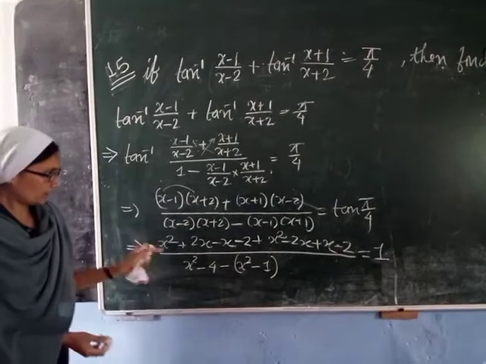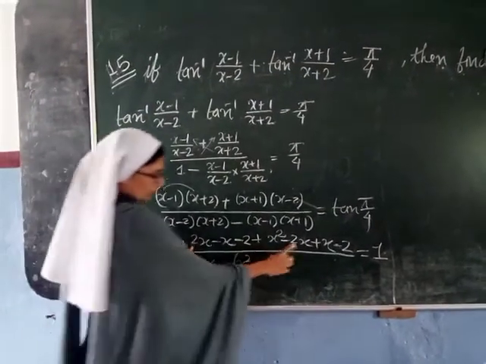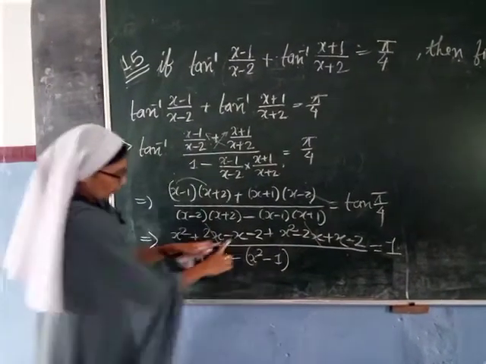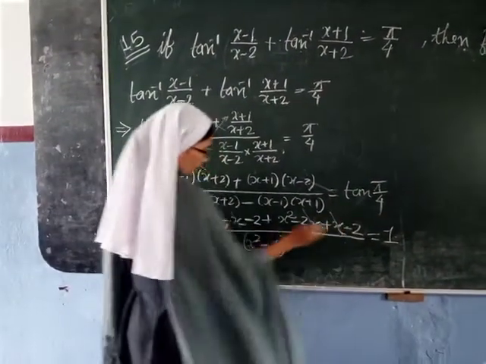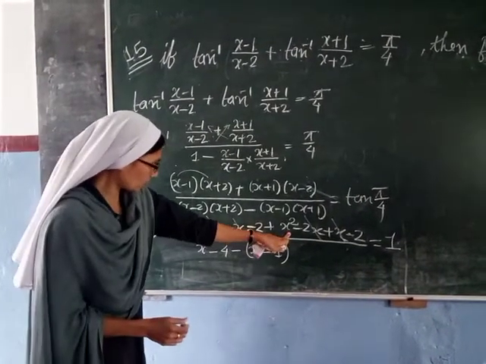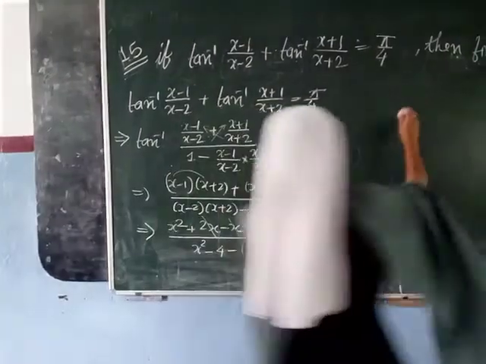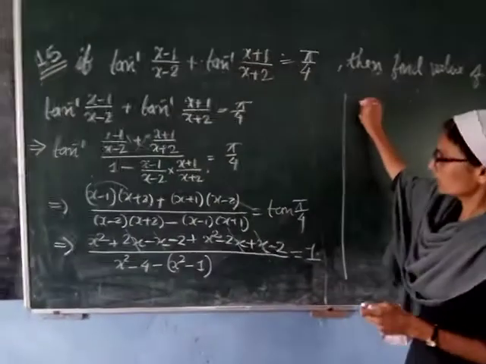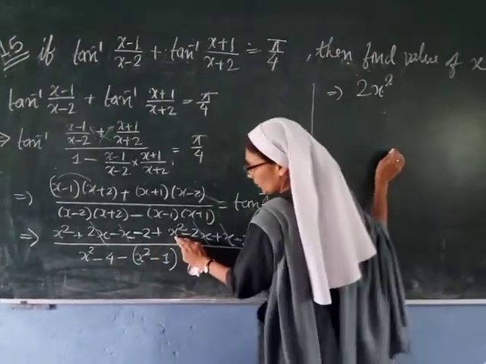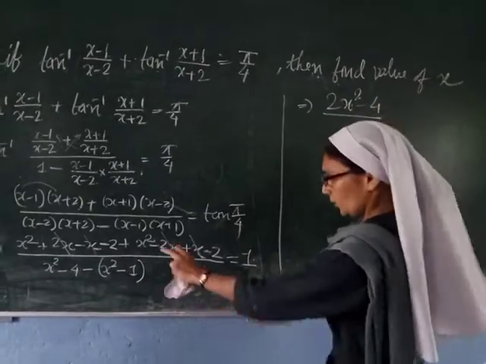Okay. If anything cancels, we can cut. I think plus 2x and minus 2x can cut. Minus x and plus x also can cancel. What remains is x² plus x², 2x², minus 2 minus 2, minus 4. Okay. So right here, 2x², this x² plus x² is 2x², minus 2 minus 2 minus 4, and the denominator is x²